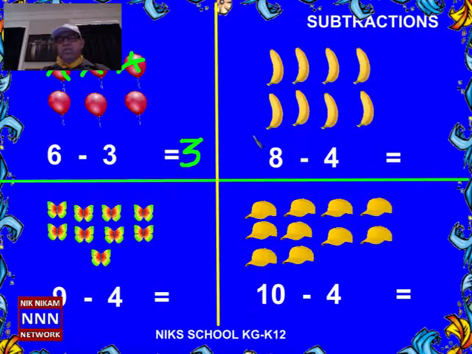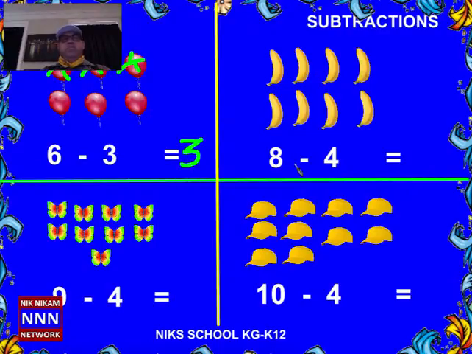Let's look at this one. 1, 2, 3, 4, 5, 6, 7, 8. So we are starting off with 8 bananas. So we have 8 bananas, and the monkeys came and ate 4 bananas. Oh man, that's not good. You're supposed to keep it in a safe lock. Oh, I didn't know the monkeys came and ate 4 bananas. Yes, the monkeys ate 4 bananas.